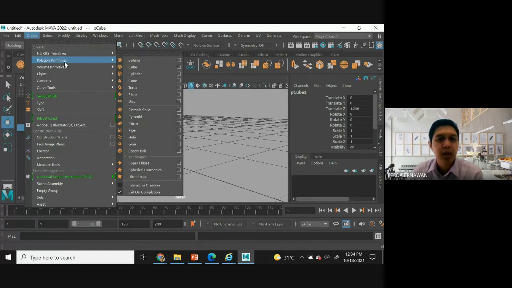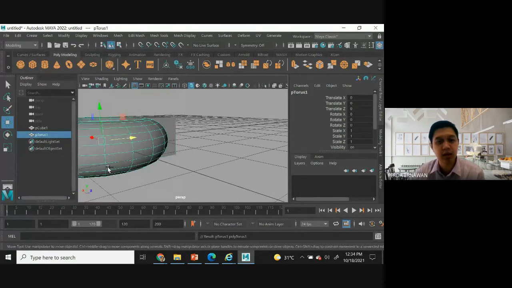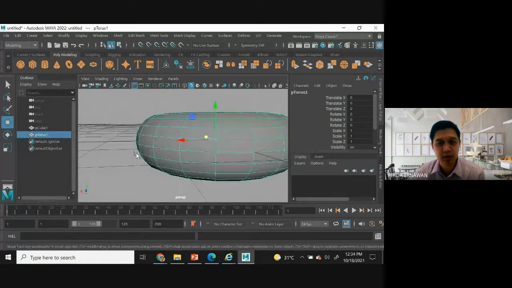You can see here there are a few objects: sphere, cube, cylinder, for example cone here. Let's say I want to set up the cone, or maybe a torus. So this is the original torus. Okay, I will show it to you first.